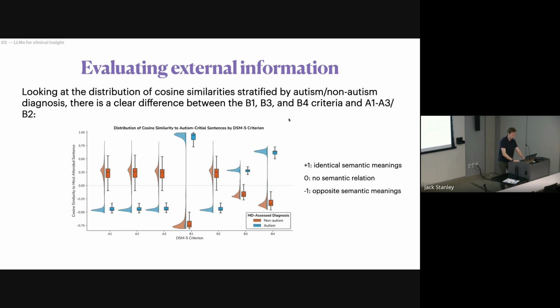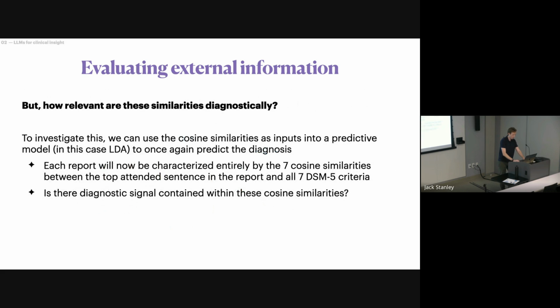So these are very, very interesting results here. But we wanted to evaluate how relevant these similarities are actually diagnostically as our final verification step. And to investigate this, we use the cosine similarities as inputs into a predictive model here. So in this case, this was linear discriminant analysis to capture some of the low rank structure again, to once again predict the diagnosis. So now, in this case, each report will be characterized entirely by these 7 cosine similarities,